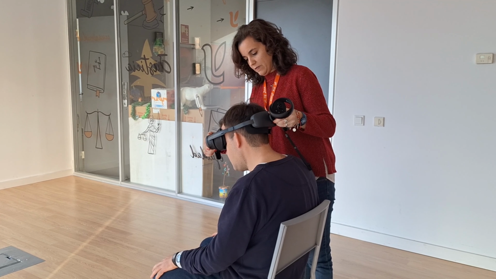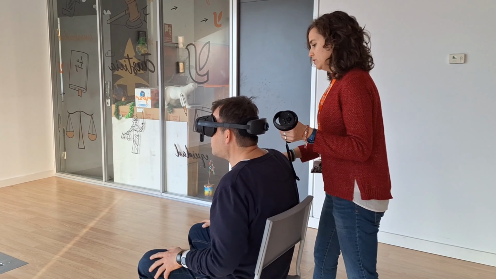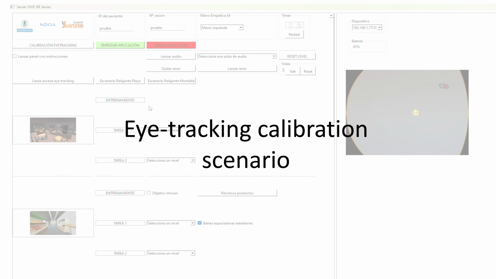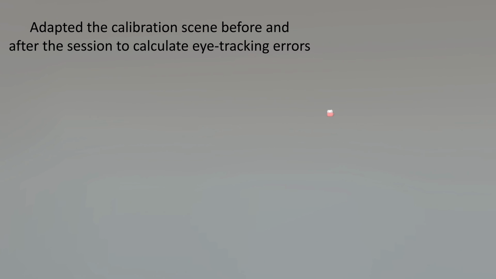Here is a demonstration of a session development. HMD with face tracker records eye movements and pupil size, requiring calibration. Existing calibration isn't inclusive, as it can't be launched with a control application and sometimes cannot be performed with participants due to error. An inclusive eye tracking calibration scene is added, featuring 6 points in a sphere, and the user has to look at them. With this scene, we are able to calculate the eye movement errors.